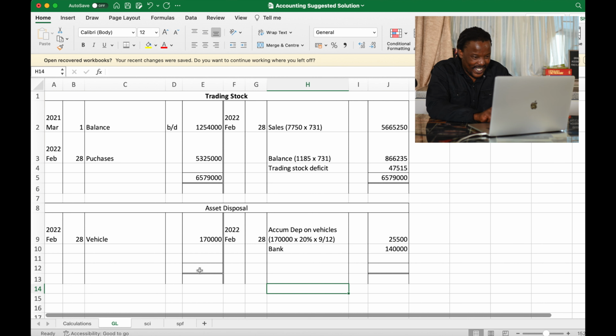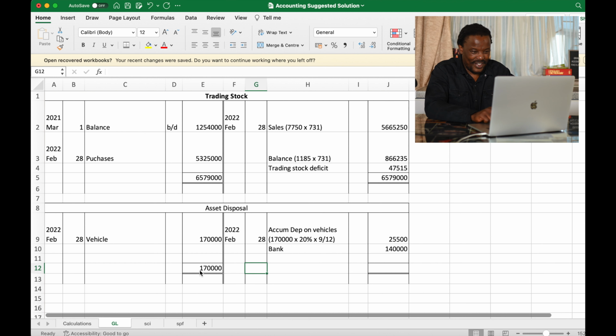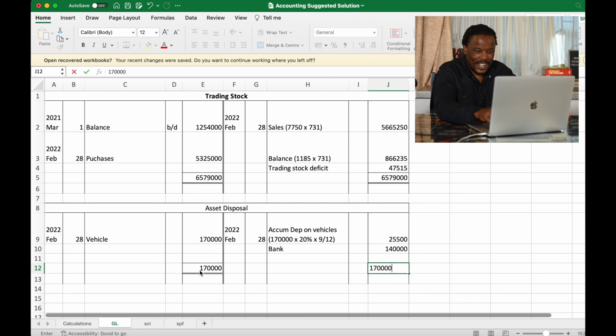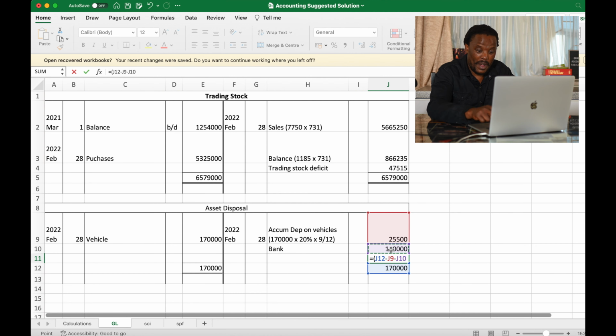I think 170,000 is the bigger side. And then we look at 170,000. Correct me if I'm wrong. And this is equal to this 170,000 minus this first one minus this amount which they